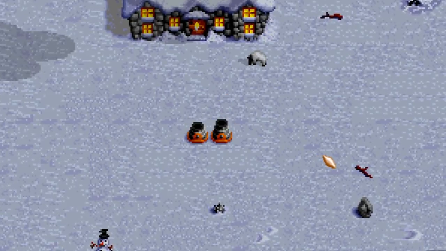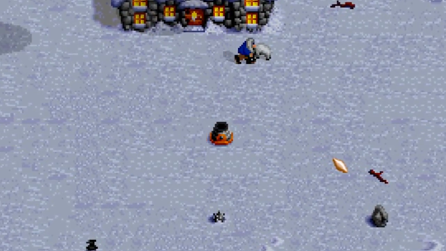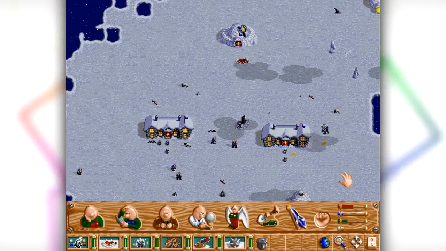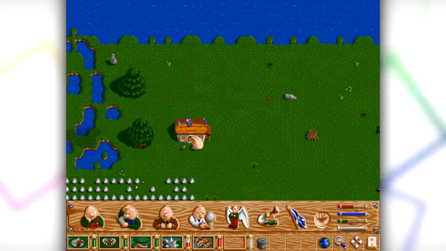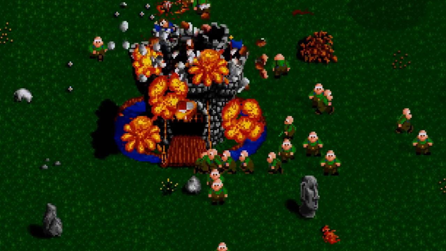These weapons are just really fun to mess with, especially dropping them dead in the center of a mass of enemies. But that's really the problem with them. They're just fun, they're not necessarily effective. Yes, there are some weapons which will actually destroy buildings, but it's not as effective as just sending an entire